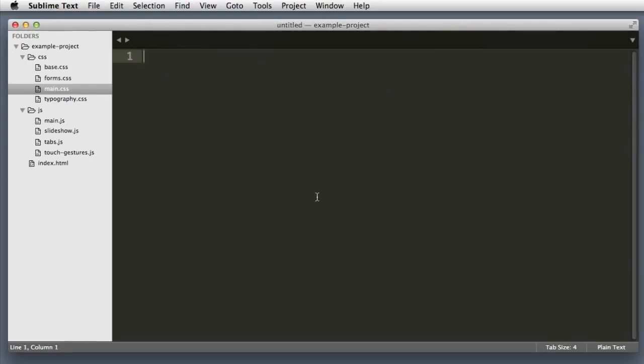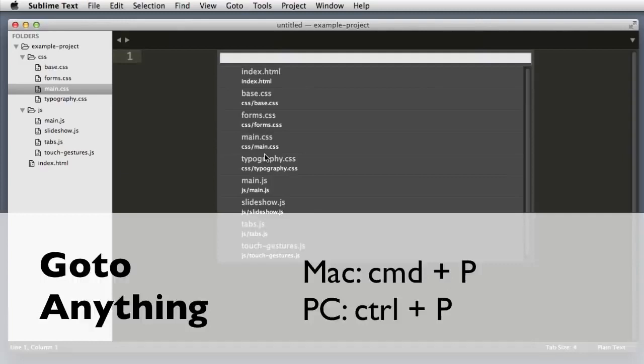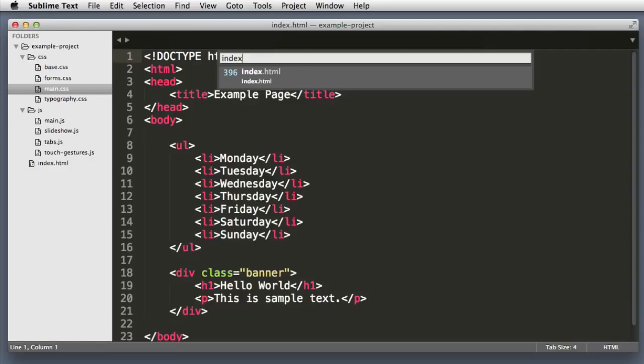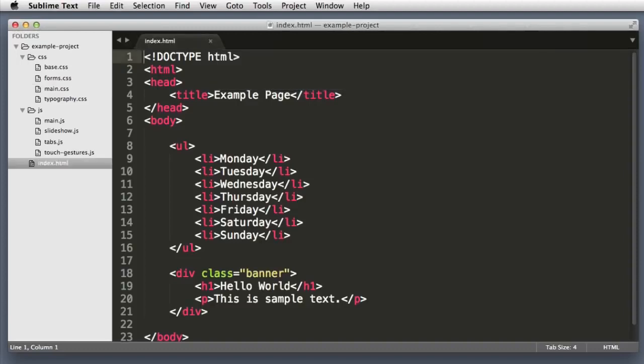Let's kick things up a notch and now learn how to open files the Sublime Text way. So let's imagine that I want to open this index.html file, but I'm too lazy to use my mouse to click on it. So instead, I can push Command P on my keyboard. If you're on Windows, that is Control P. And I can begin typing the name of the file that I'm interested in. Sublime Text will highlight the file that it thinks I want to open. In this case, it's correct, so I can just hit Return or Enter on my keyboard,